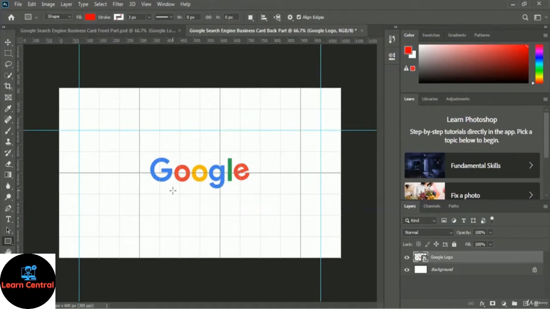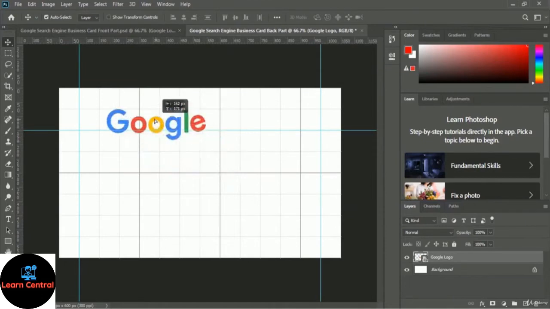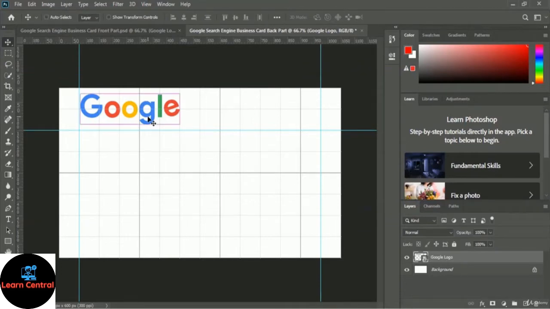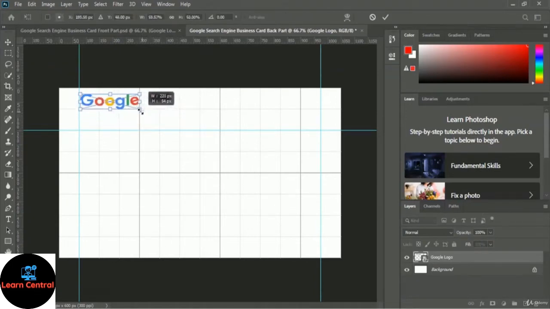So right now we will place this logo, and therefore we have to use the move tool. Here is the move tool, and let's drag this Google logo in here. But I think the size of the logo seems quite big, and that's why I want to scale it properly. Therefore we have to press Ctrl and T from our keyboard. So let's make this logo smaller. Okay, looks good. And here is the tick mark. So our Google logo